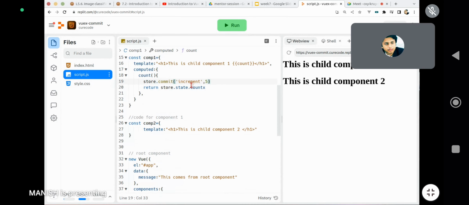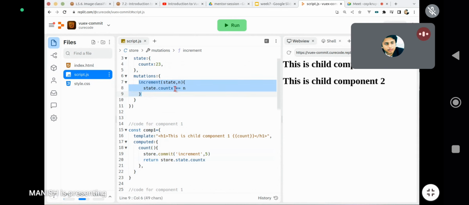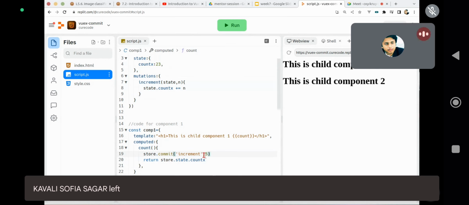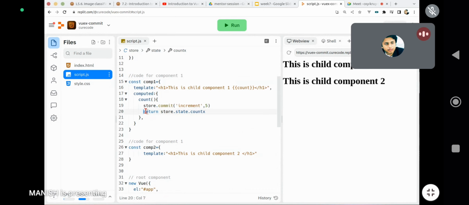So this count function is going to first of all invoke the increment function, and the increment function is going to update the value of contacts by how much amount? By 5, because we have passed 5 here. The initial value of contacts was 23. Finally the value of contacts will become 23 plus 5 equal to 28, and after that we are returning this value